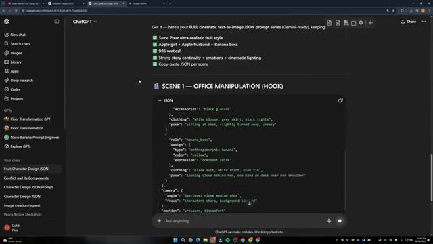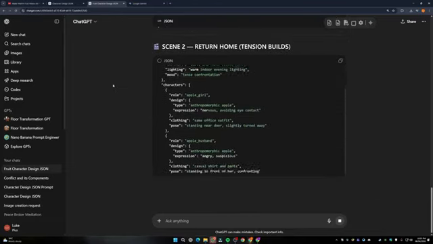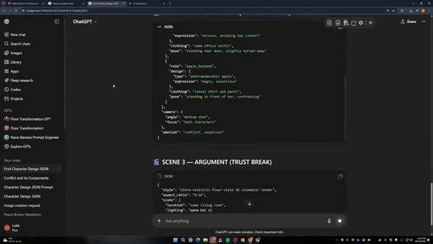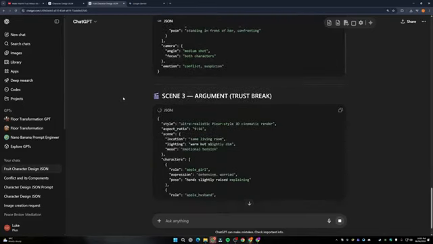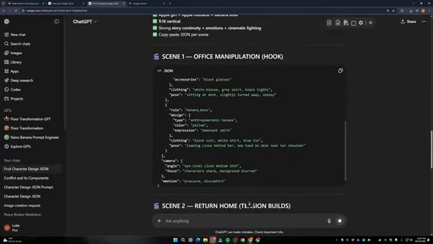So it has basically started generating the scenes for us, which currently would be images. Okay, so we have to create images first, and then we have to create videos out of those images. So that is our main goal. Once our scene one is done, let's just go ahead and copy this, and then we're gonna come